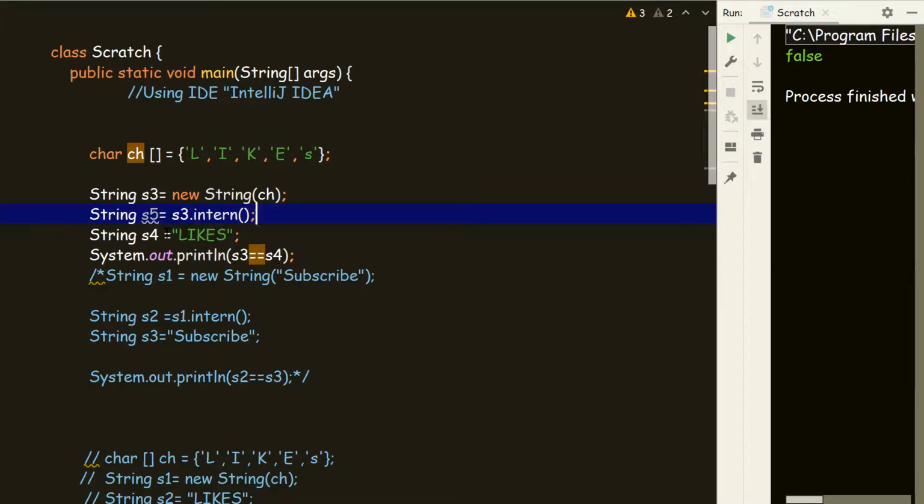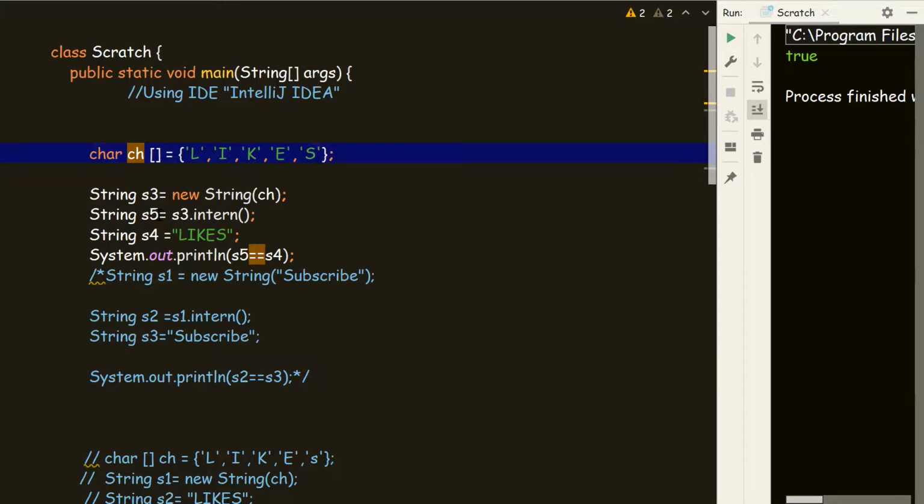So this will compare s4 and s5 now. This should be true. Oh, sorry, this s is small. So now let's run and see. Okay, this becomes true.